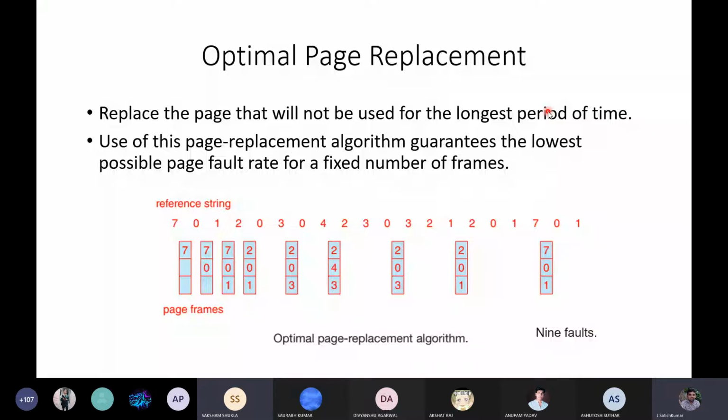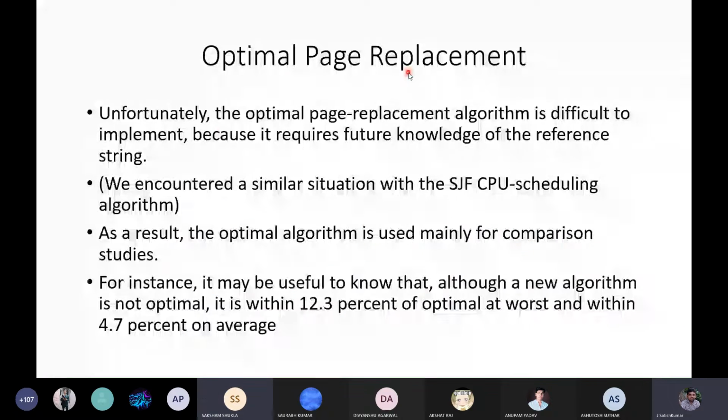Whenever somebody is proposing a page replacement algorithm, we compare it with optimal page replacement. This is the best algorithm theoretically, but practically it is not possible. So for theoretical comparison, whenever somebody is implementing some other approach, to compare how close your algorithm is to the optimal page replacement, that could be the best algorithm. So optimal page replacement is not practical because it is difficult to implement, as it requires future knowledge